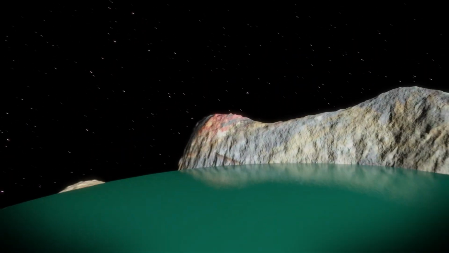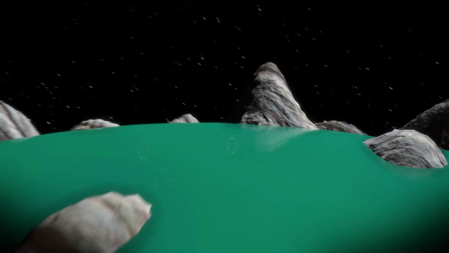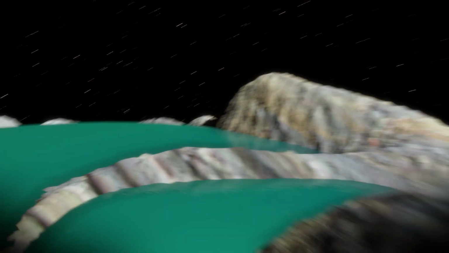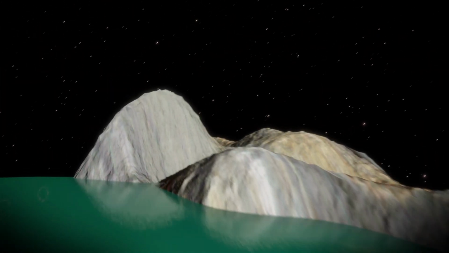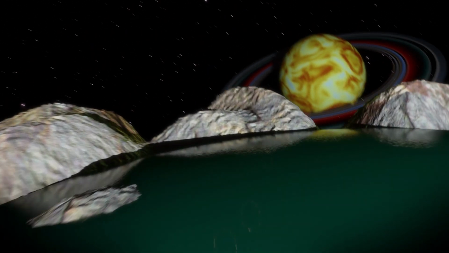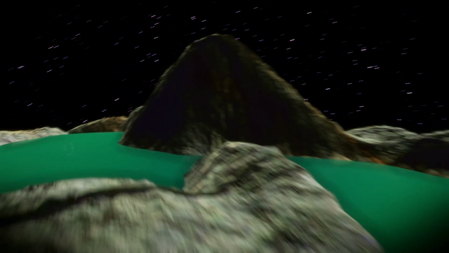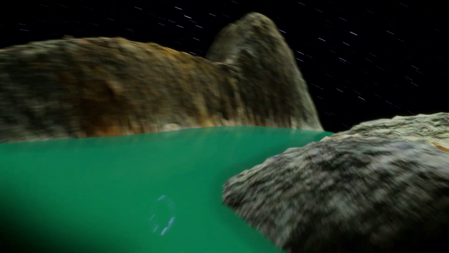Hi there. In this tutorial I'm going to very quickly show you how to make something like this. So the idea is that it's a small planetoid and cycling around it. Also, this is an endless loop. So the actual video is only about 20 or 30 seconds long, but it's a seamless connection between the end of one cycle and the start of the next.